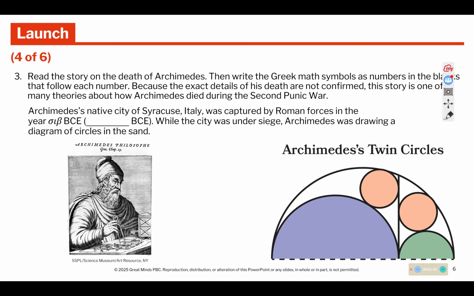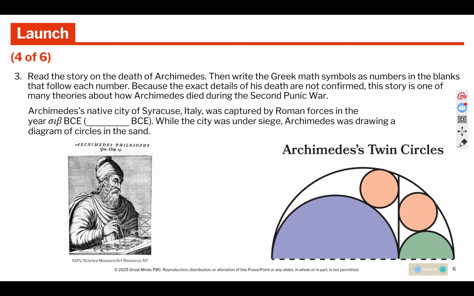Number 3, read the story of the death of Archimedes. Then write the Greek math symbols as numbers in the blanks that follow each number. Because the exact details of his death are not confirmed, this story is one of the many theories about how Archimedes died during the Second Punic War. The story begins. Archimedes' native city of Syracuse, Italy, was captured by Roman forces in the year